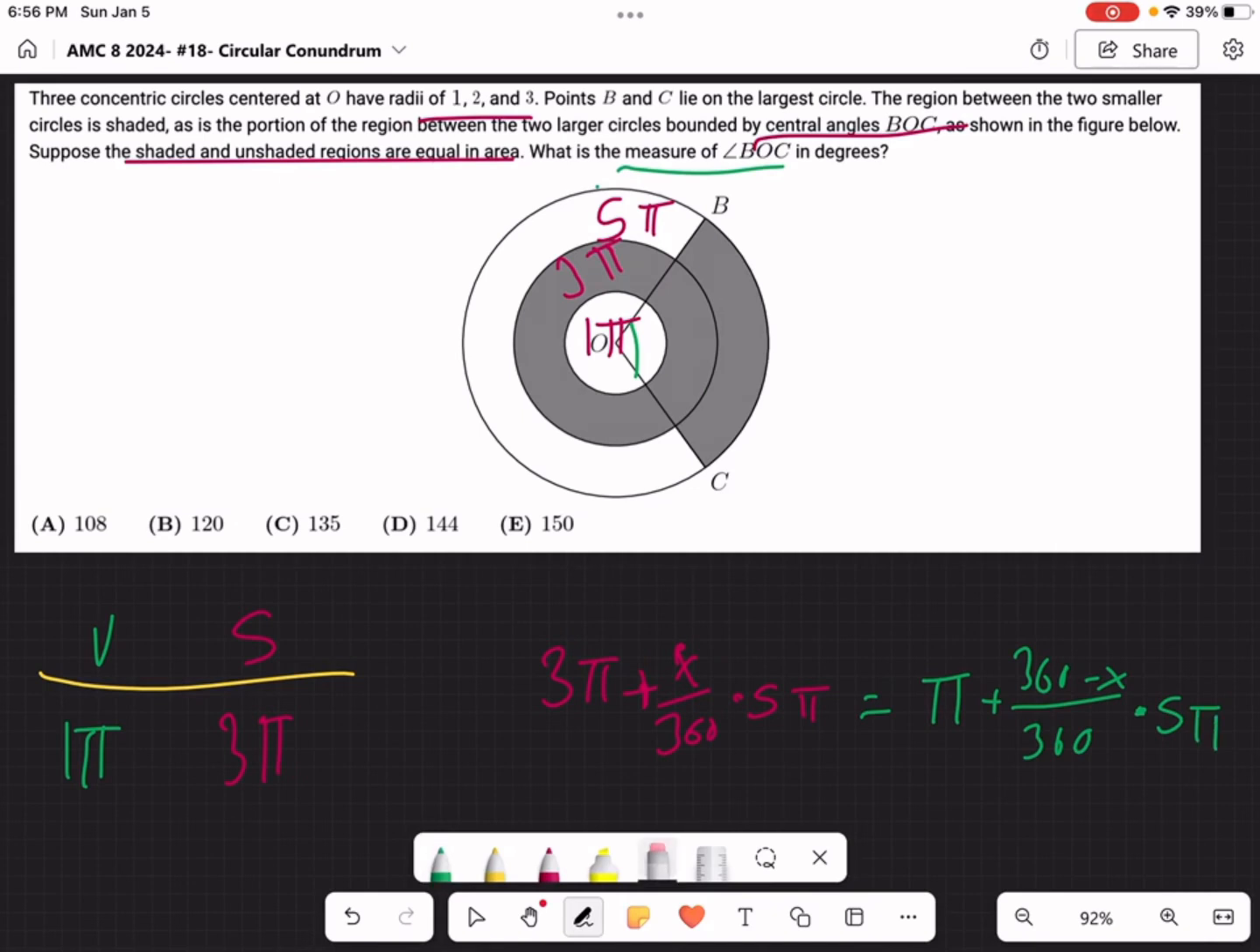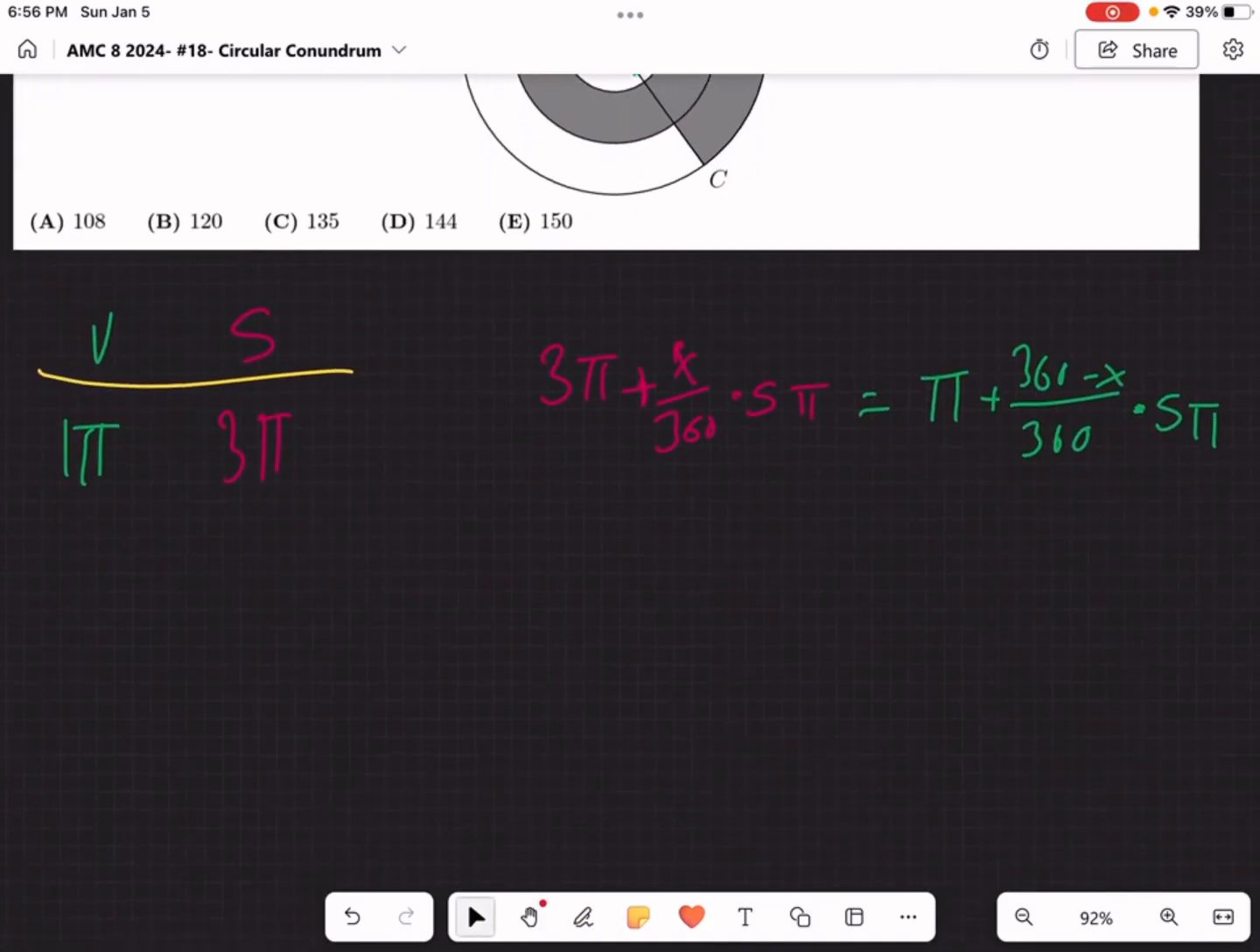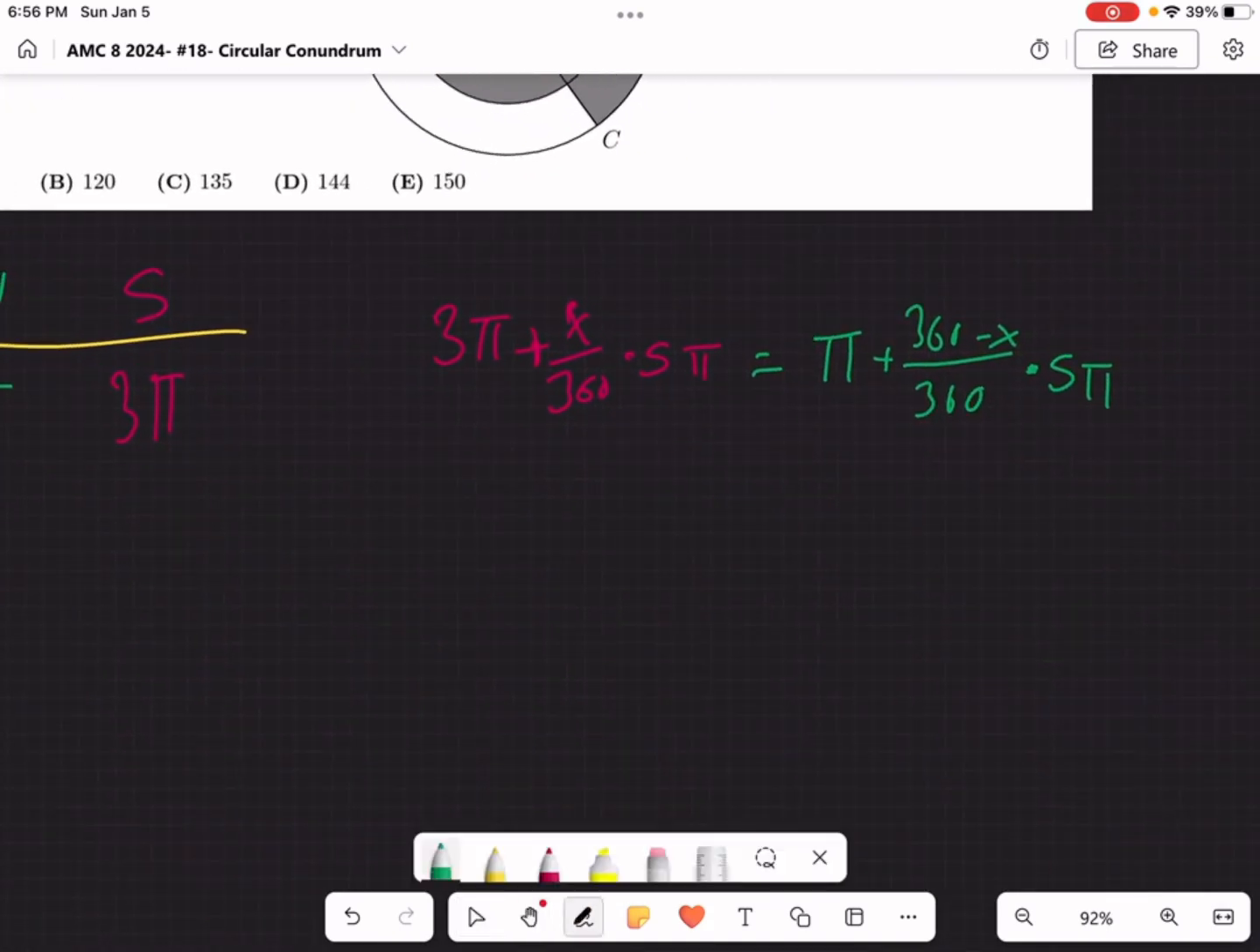So let's go down. We can subtract the pi from both sides. So we get 2 pi plus x over 360 times 5 pi equals